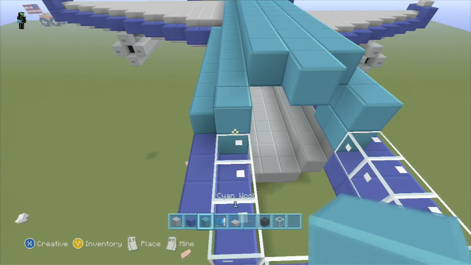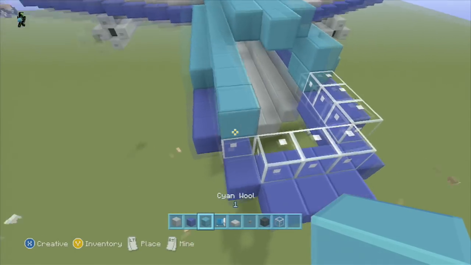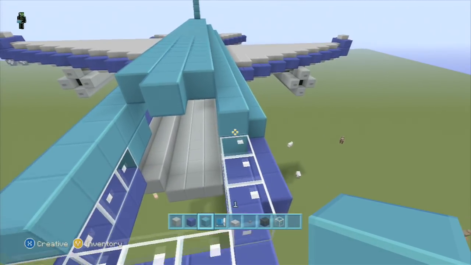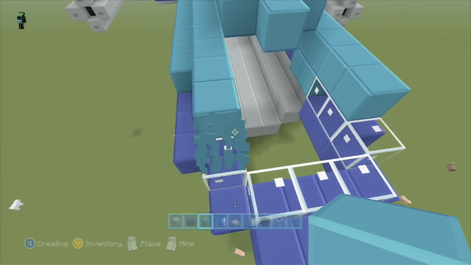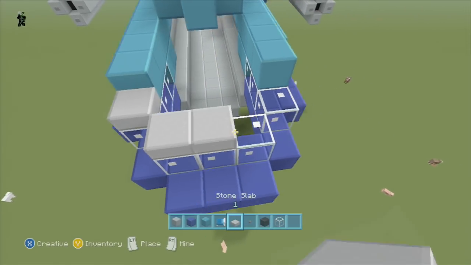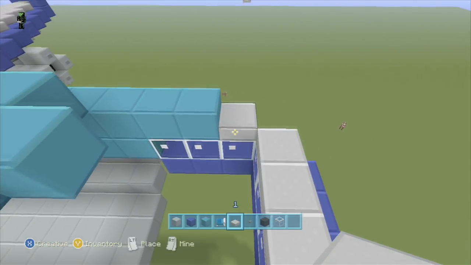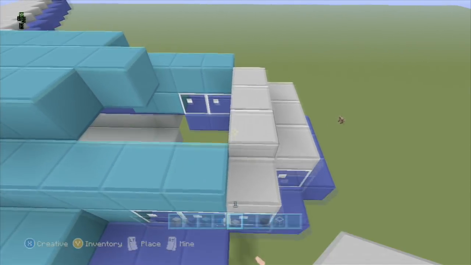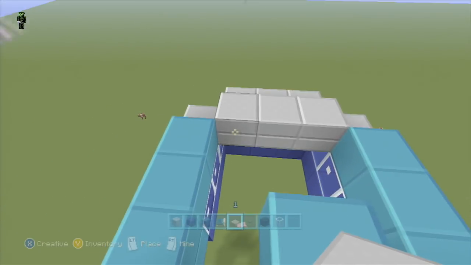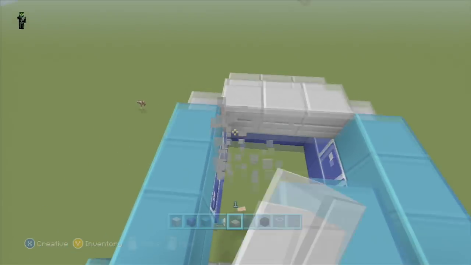You're going to come, put those all the way. Yep. I'm gonna put a little half slab action in here just because it'll help round it out a little bit better.